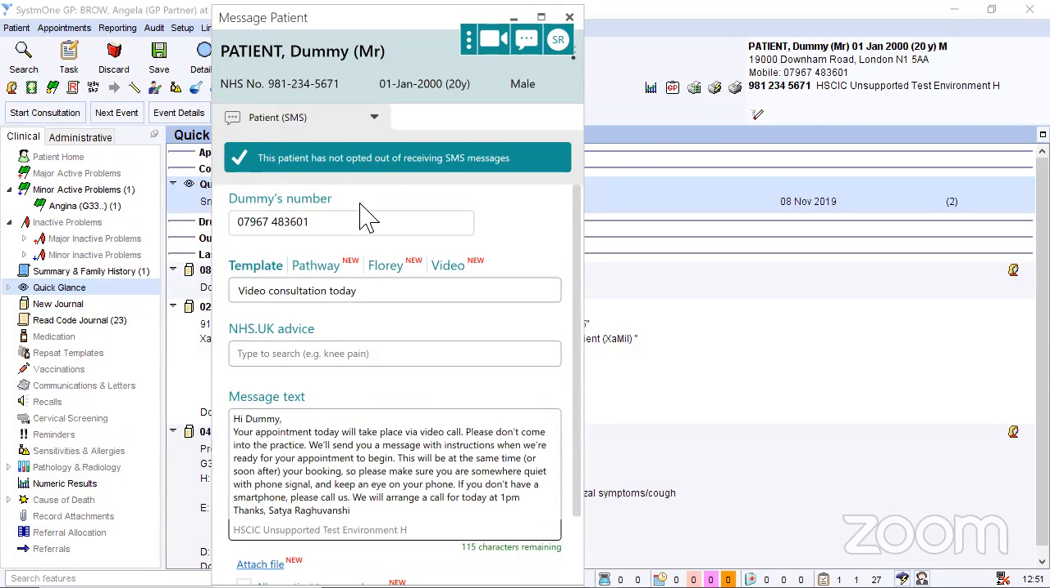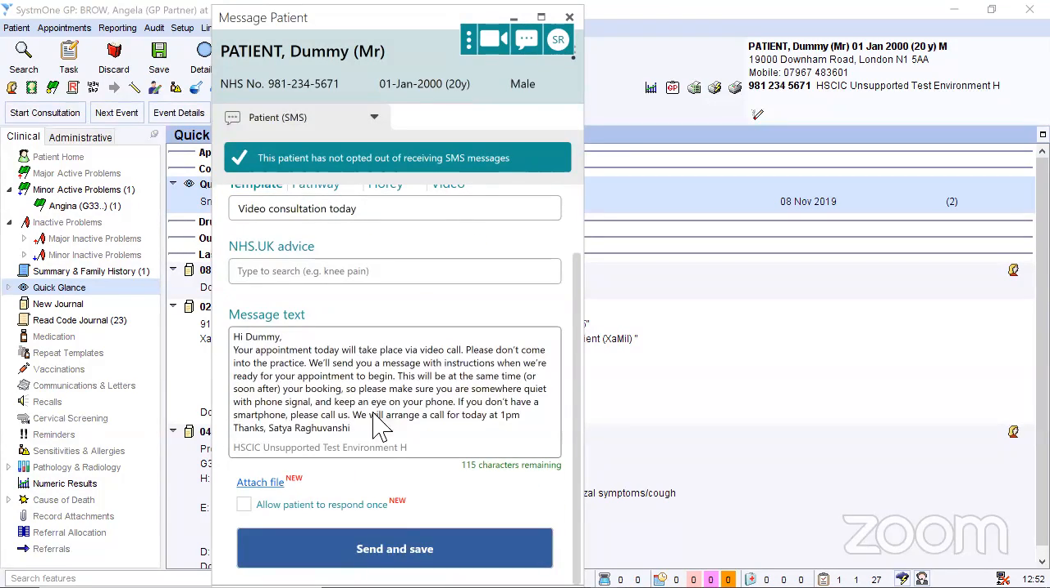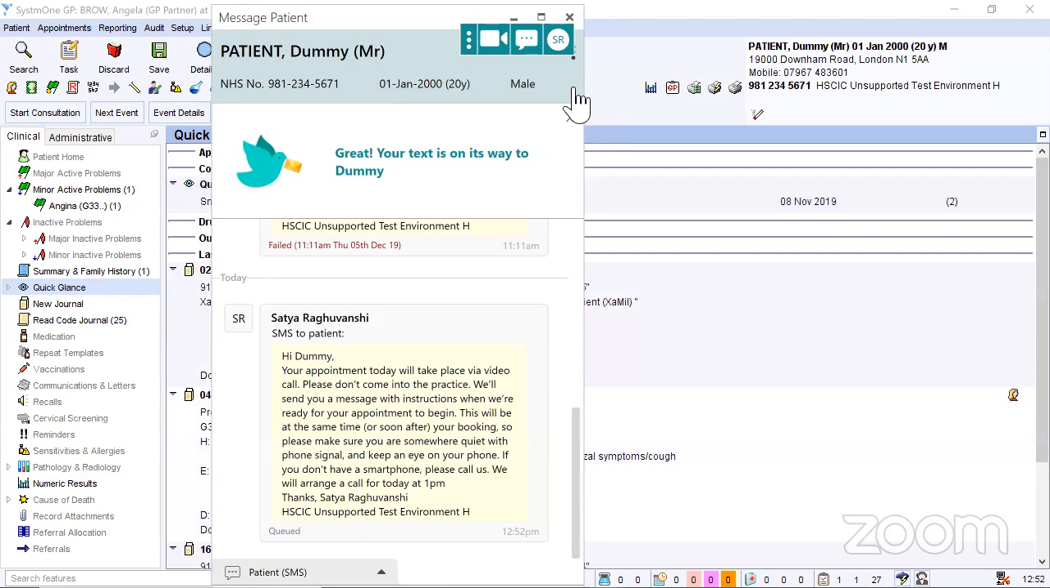And in the same way that you send a text message, you would just enter the patient's number here. And that will go across to the patient, informing them that their appointment has been cancelled, that they can expect a video call later on today. So in order to